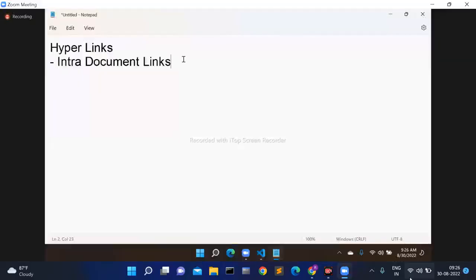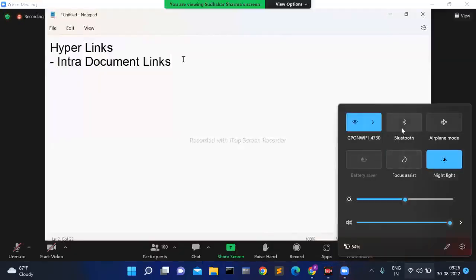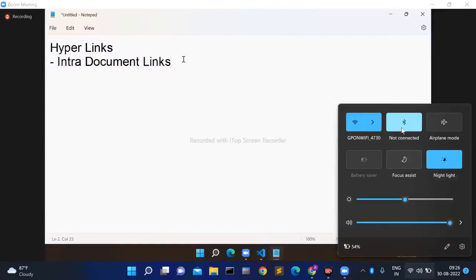How we can change color for hyperlinks. These are all important. Next, we need to know about